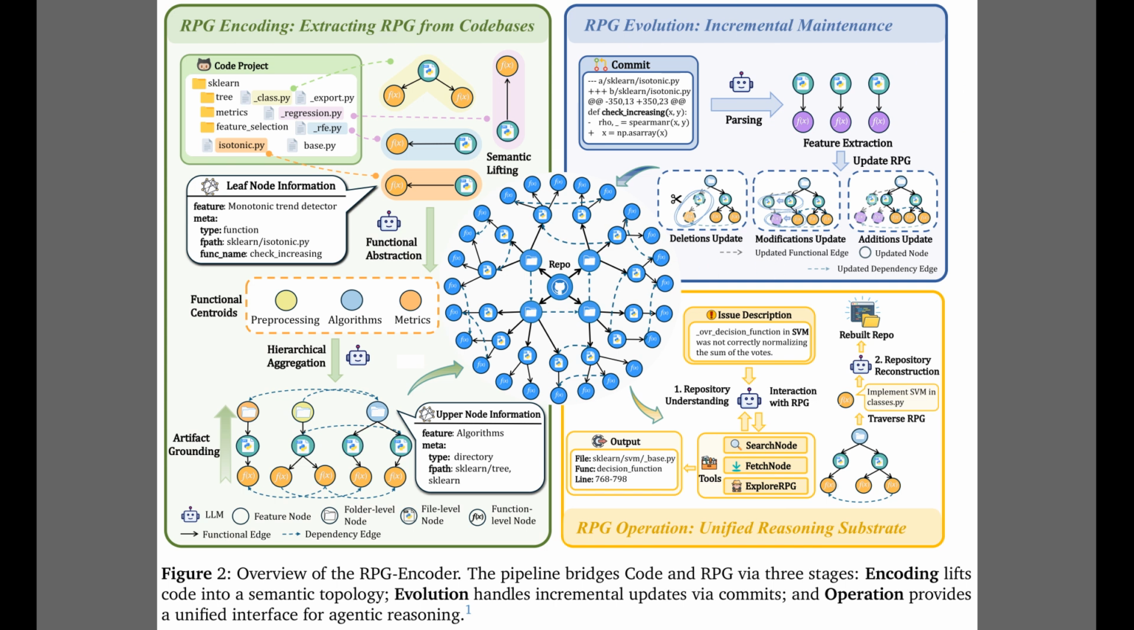In the top right, the evolution phase maintains this graph by parsing commit diffs, allowing for incremental updates instead of costly rebuilds. Finally, the bottom right illustrates the operation phase, where agents utilize the graph to locate bugs or generate